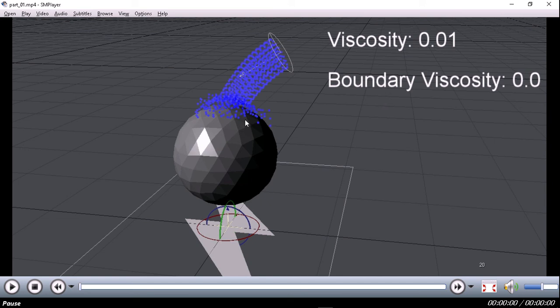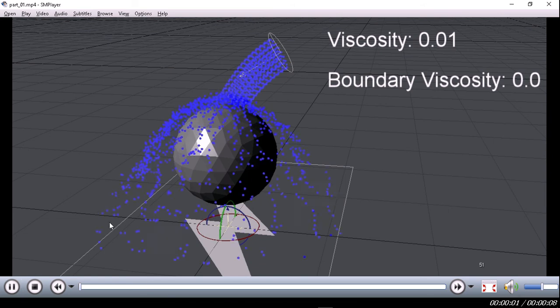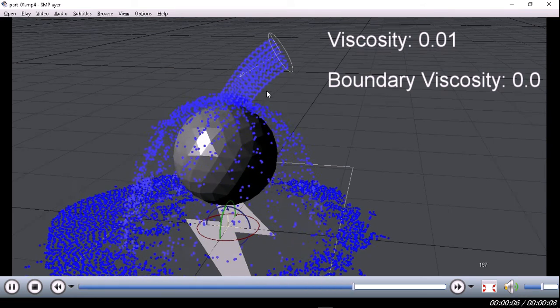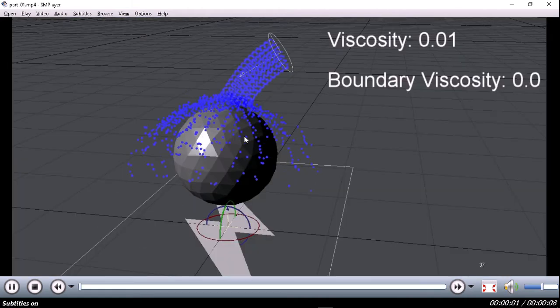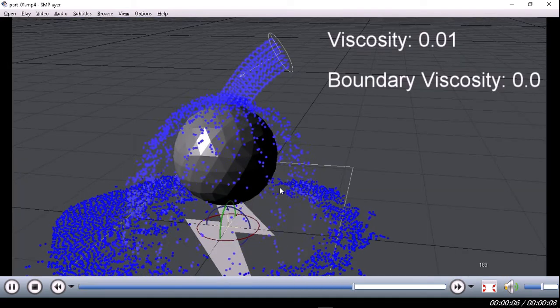Yeah, so besides that, everything else is on the default settings, and here you will see the viscosity settings as I go through these videos. Okay, let me just play this. So this is by default, the viscosity is this value here. There is no boundary viscosity. And what you see is just the particles flying off, pretty much like water just hitting an object. So if you want to simulate water just pouring on stuff with little resistance, the default